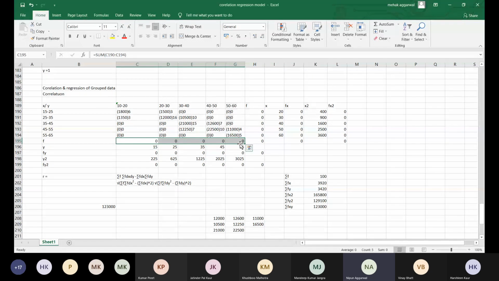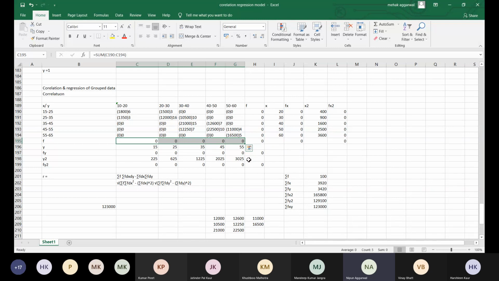Because we have done the Excel modeling, when we are modifying this data it automatically gets 0 because it makes this a text now. So leave that, but otherwise you have to check; you can simply do summation of fx divided by